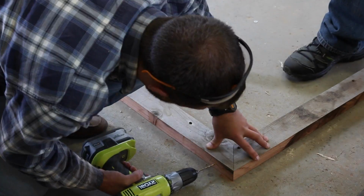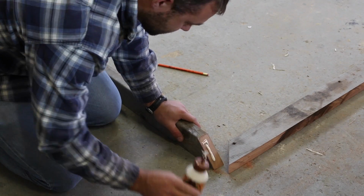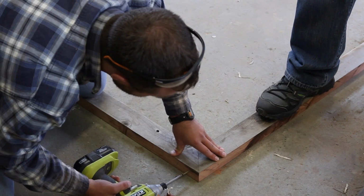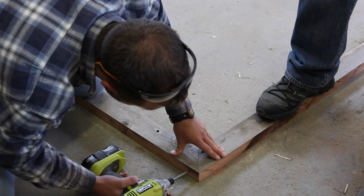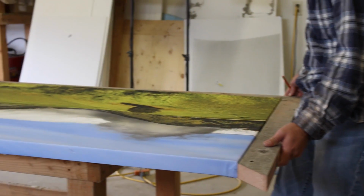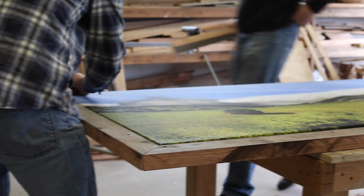Attach the corners of the inside part of the frame, pre-drill the holes, and then connect the mitered corners using a combination of 3-inch long wood screws and wood glue. Use about 3 or 4 screws and glue at each corner. Continue to line up the canvas to the boards as you move around the corners to ensure everything lines up